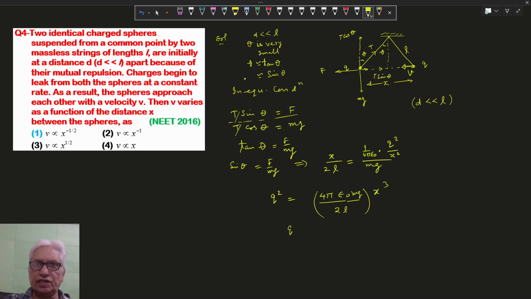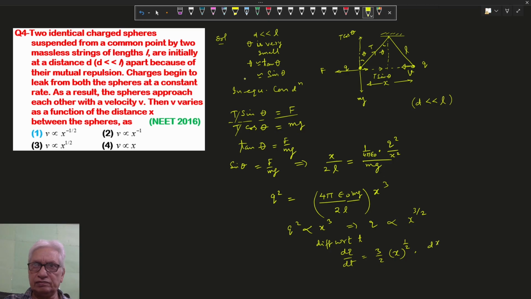So q square is directly proportional to x cube and q is directly proportional to x to the power 3 by 2. Differentiating with respect to time t, dq by dt equals 3 by 2 x to the power half,